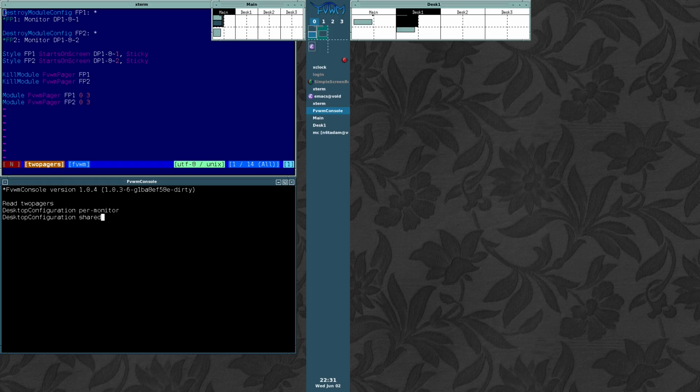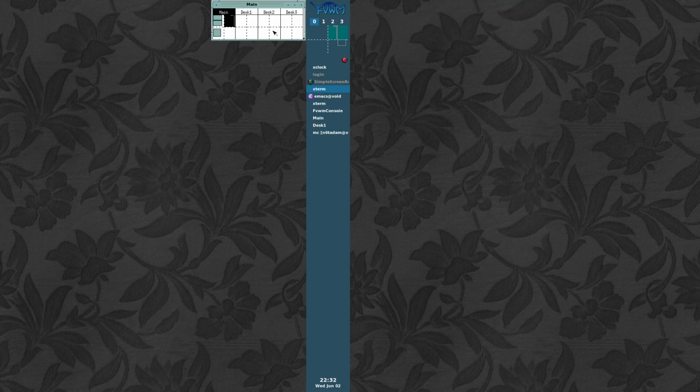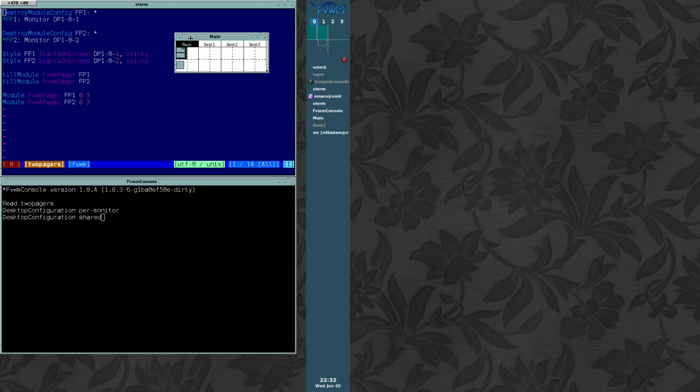The only window managers I'm aware of that do this are Xmonad and Herbstluftwm. Now, if you thought FVWM had a really weird name, you should try pronouncing that one. So in this mode, I haven't actually enacted it yet. What will happen now is, I think this is where it gets a little confusing. I'm just going to close one of these off, I think. Yeah. So now what happens,